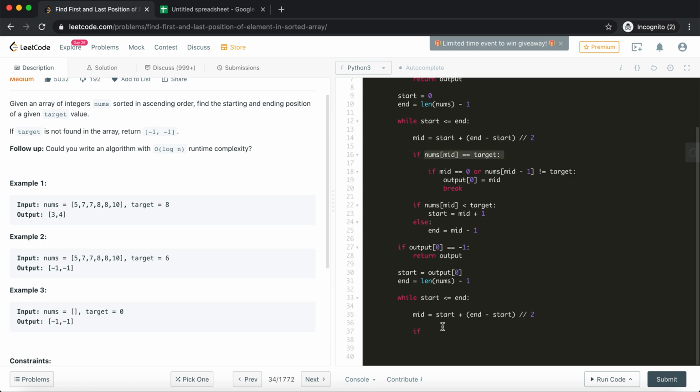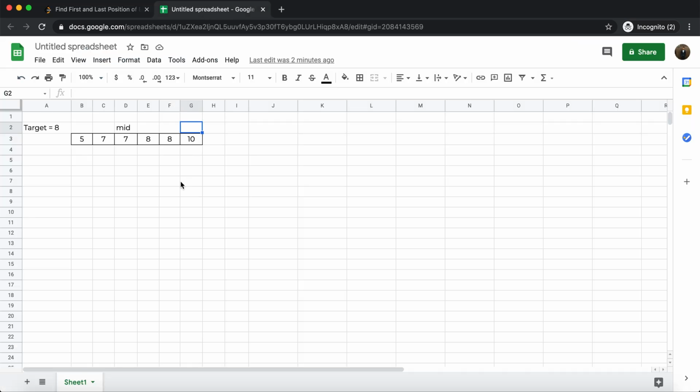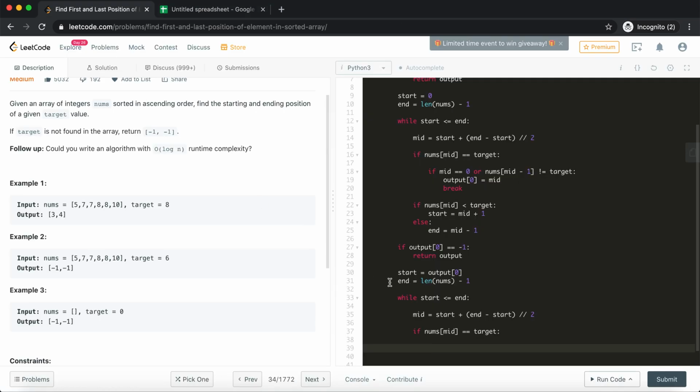If the mid was equal, then we don't have to stop there, but we need to check for a special condition, if this is towards the end of the array, right? That is the first condition, that if mid is equal to length of nums minus 1.